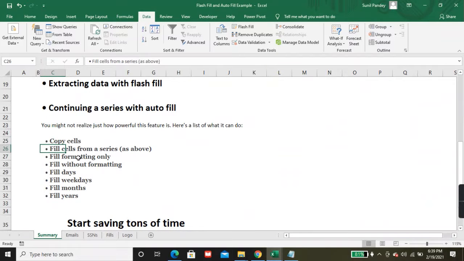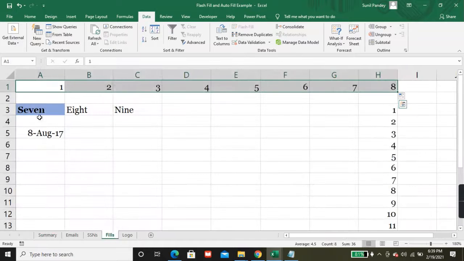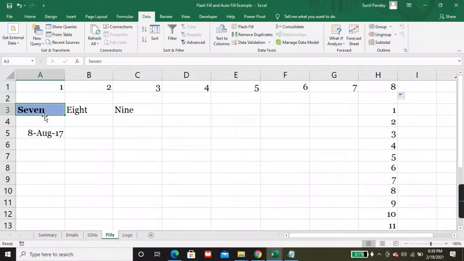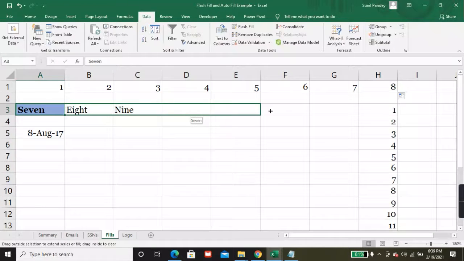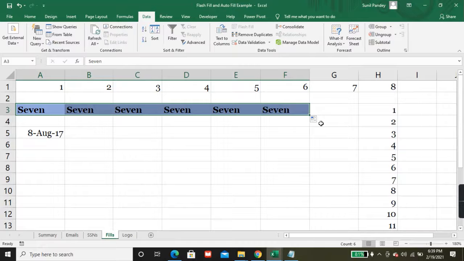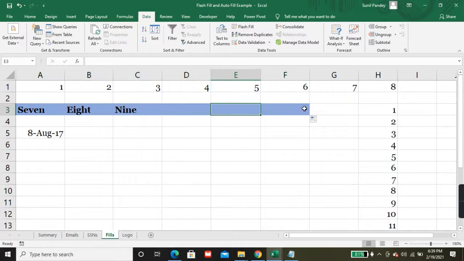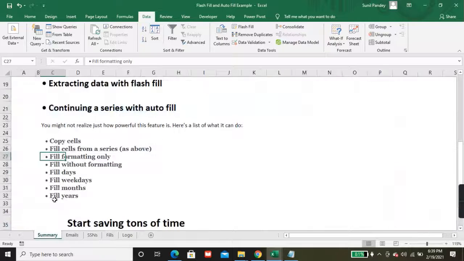Copy cells, fill cells from a series, fill formatting only. Let's see this also. Suppose I have given a format here, a color, and I drag it from here to here. I want to fill the format only. Just click on this and select fill formatting only. See, only the formatting has been filled.